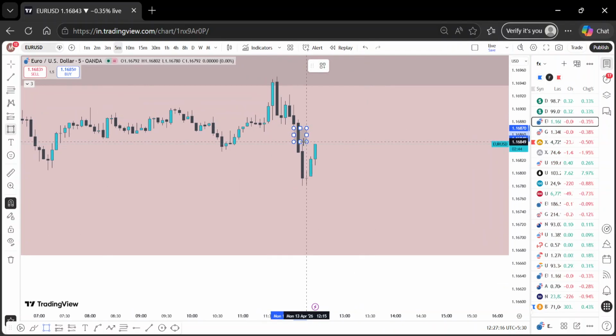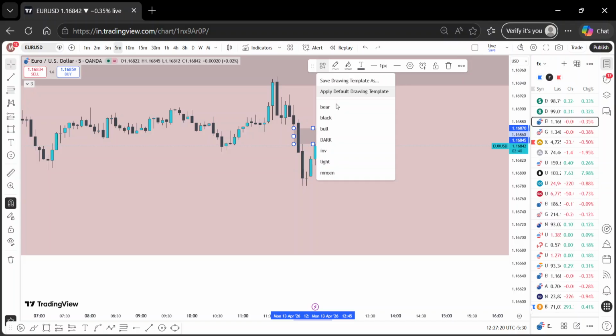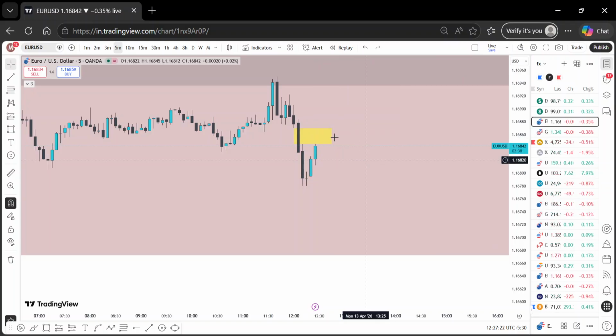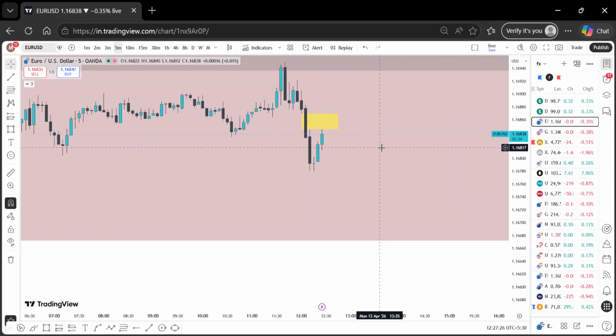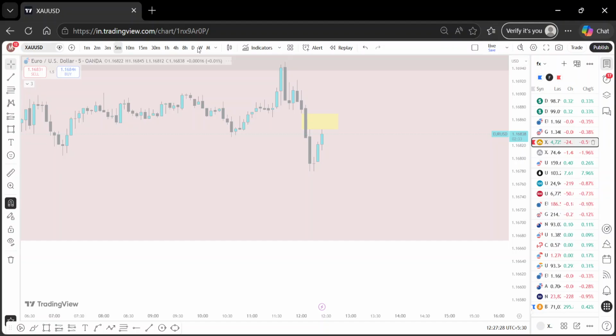So watch out for this fair value gap. Probably we might get some reaction from here, but today is a Monday, so I won't be taking any trades here. Now going back to